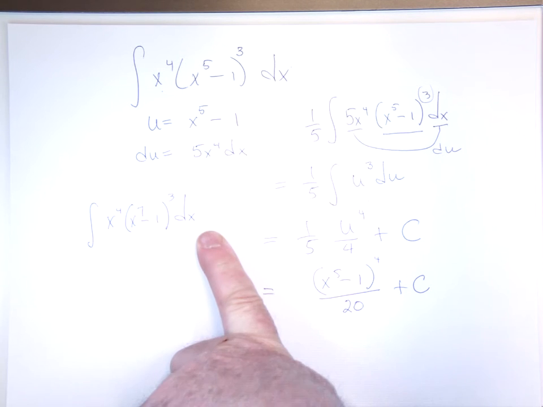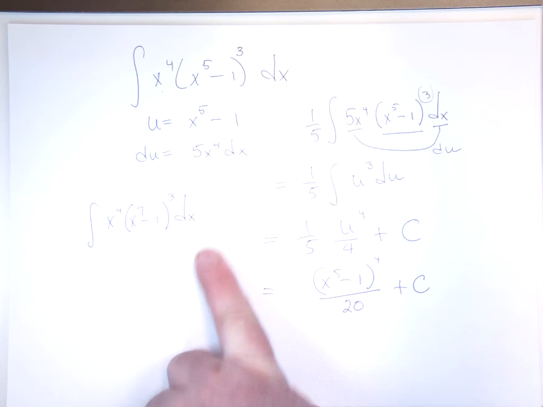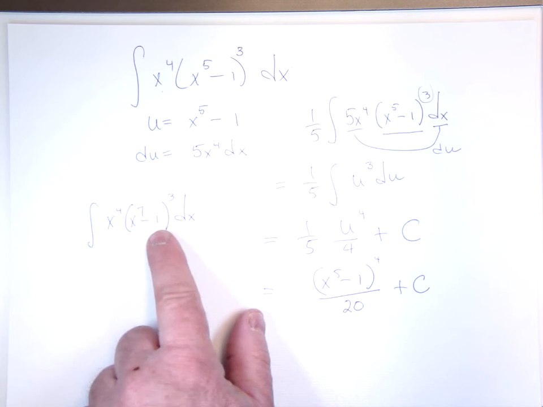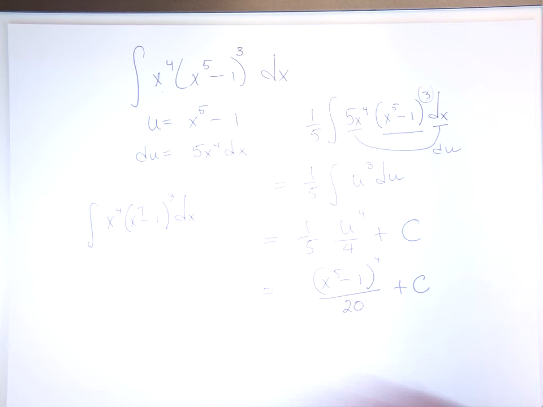Okay? Because I had the x to the fourth, though, I could do it. But if I have something else, I can't. What you're allowed to do is multiply by a constant and its reciprocal. That's what you're allowed to do. Okay. That's a good question, because what that means is if you have this integral to do,